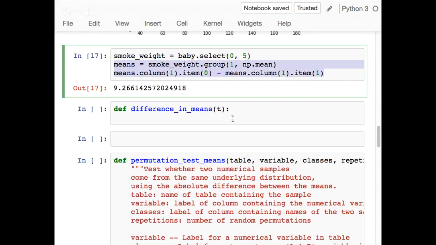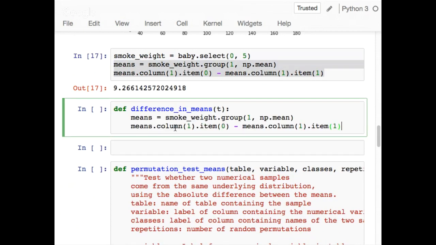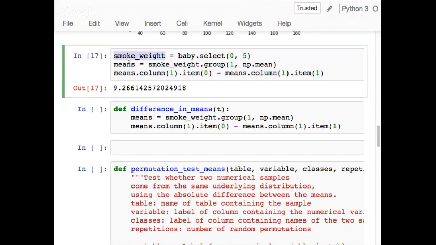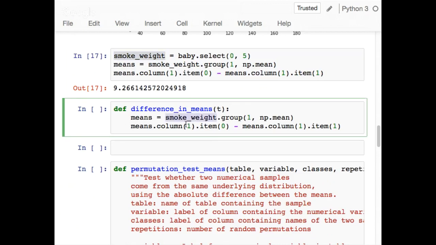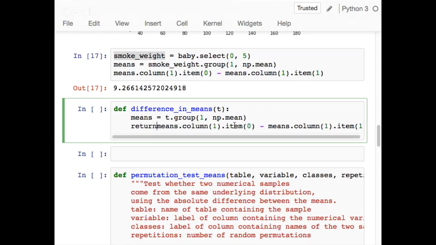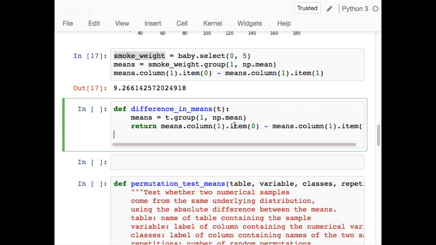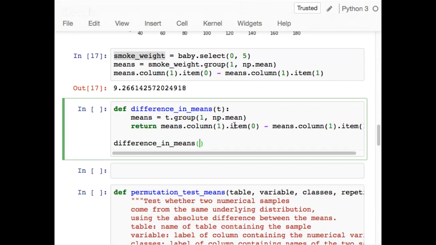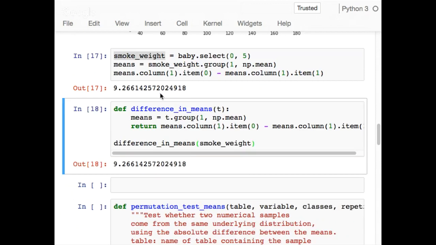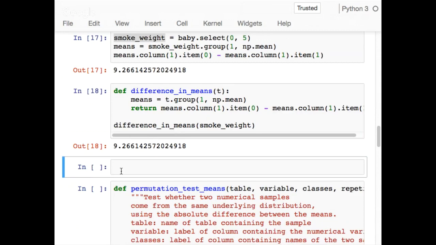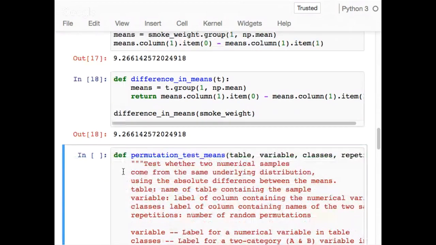But what I'm going to do is say the function will take in a table, like smoke weight, and it's going to compute the test statistic on that table. So I'm going to replace smoke weight with t, and I'm done. Return. Then I can call difference in means on smoke weight, and I get back the same thing. So take the code here, put it in the function so I can reuse it. That's all I'm doing. So here I have this function, and here I have this monster of a function,